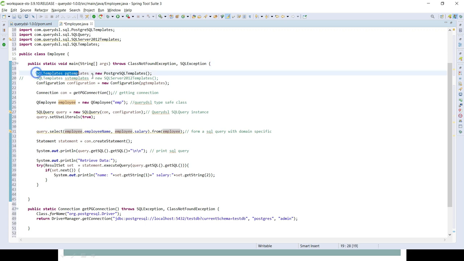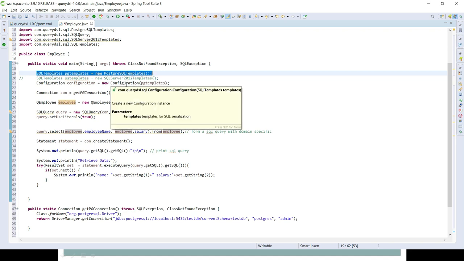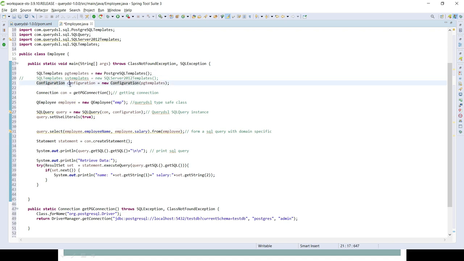The first statement is used to get the template, and then the object will be configured with the configuration class. This configuration and the connection object will be configured to the SQL query instance.